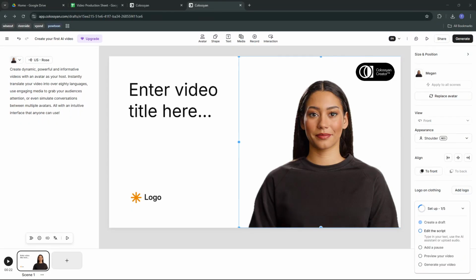In today's video, I'm going to teach you how to add screen recording in Colossyan. If you're creating tutorials, demos, or walkthroughs, adding a screen recording inside Colossyan makes your video clearer and more engaging. I'll guide you through the exact clicks, and I'll share a few simple tips so your recording looks clean and